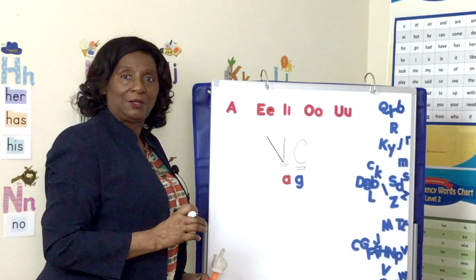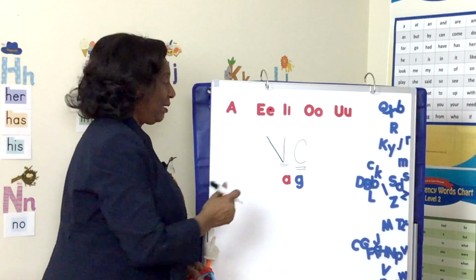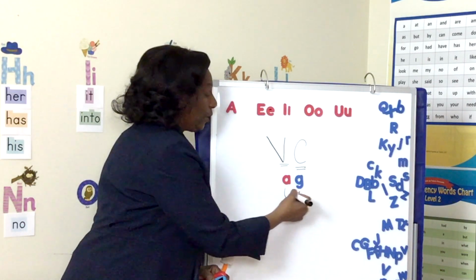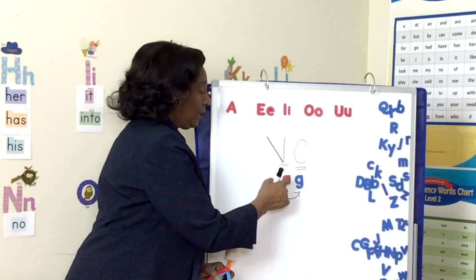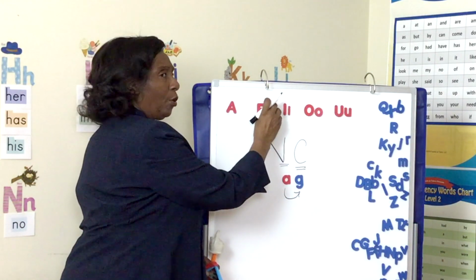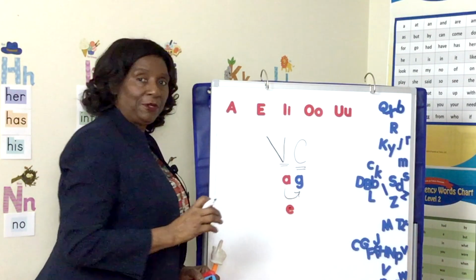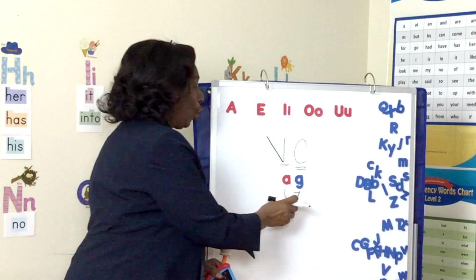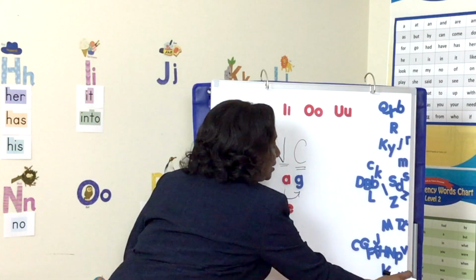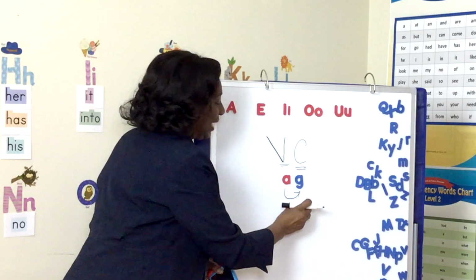Then I ask the child to make the short A sound and the hard G sound, and to blend them. Blend, blend. So, ag, ag. See that? Let's take a lowercase e. Have your child sound the short E sound. Then you get a lowercase consonant placed right next